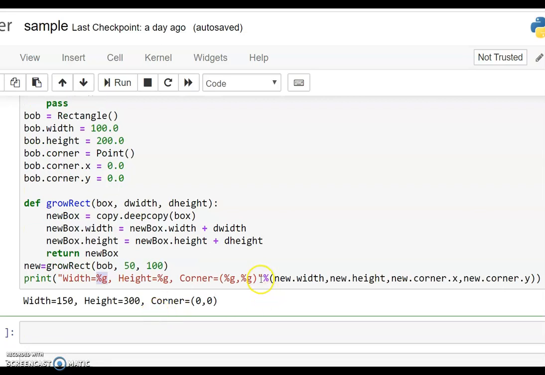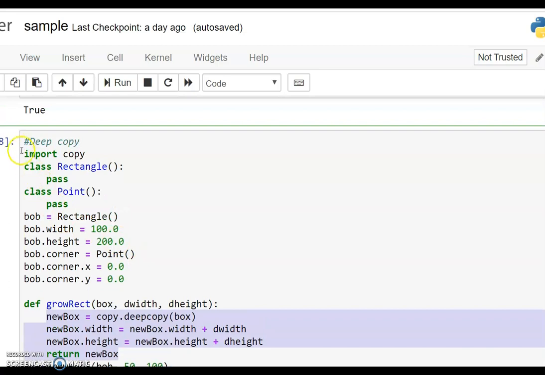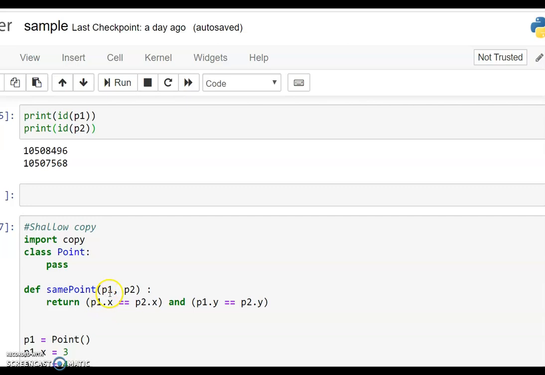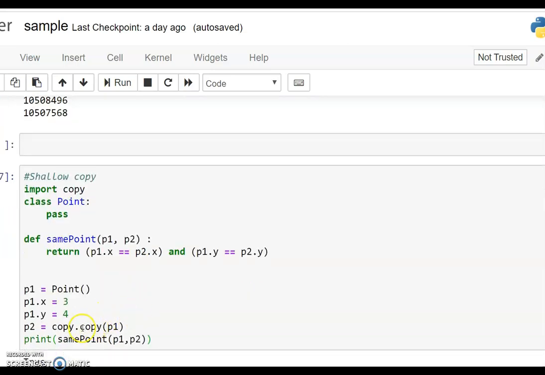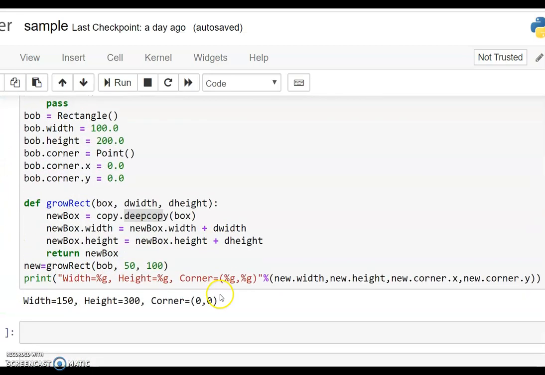So with this example, you can use these statements as an example for mutability, and this is an example for the deep copy. How are we going to use it? We are just invoking a method inside this copy library, and for the shallow copy, it's just a copy method. Using this we are going to copy it. So with this, the chapter classes and objects has been completed.